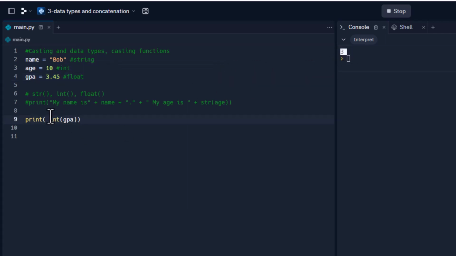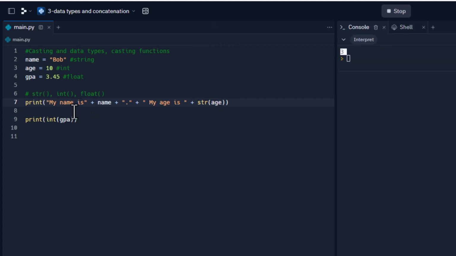Okay, so these are very useful for turning different data types into other data types, and we're going to use those in a few of the other videos coming up. But the focus of this video is really just casting and understanding the concept. So casting simply means we change one data type to another, and there are cases when you have to do that. This is one specifically where the print statement will not accept an integer with a string,